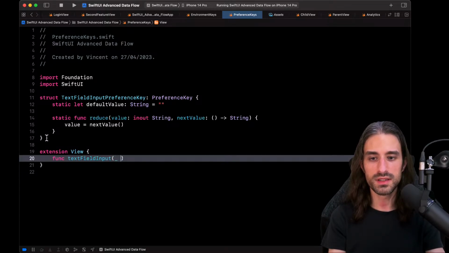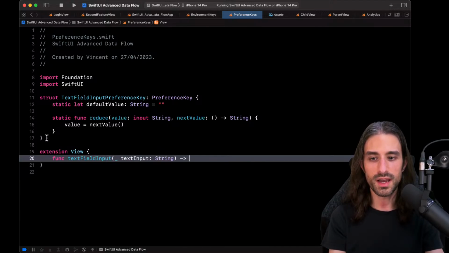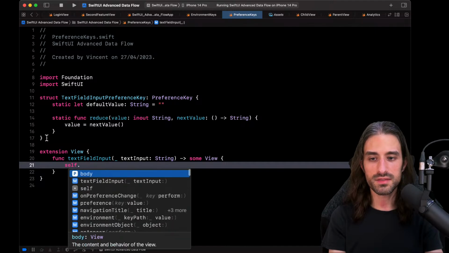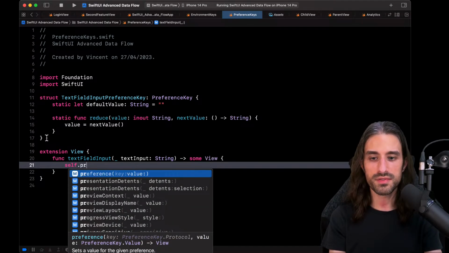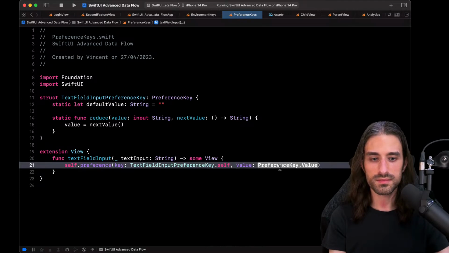So it's going to be text input, that's a string that I pass in as an argument. I just return some view, and inside on self, I call preference key, so like that. I pass in the value, and now I can